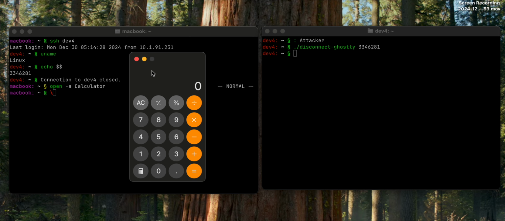So the more realistic attack here is the user connects and then leaves the session open, goes away, and the user can potentially be attacked while they leave an SSH connection open. This has now been fixed in Ghostty